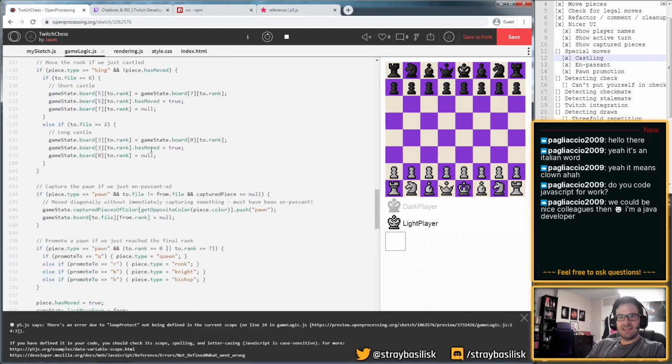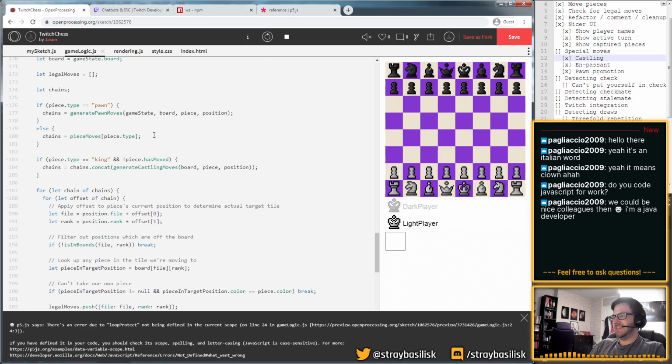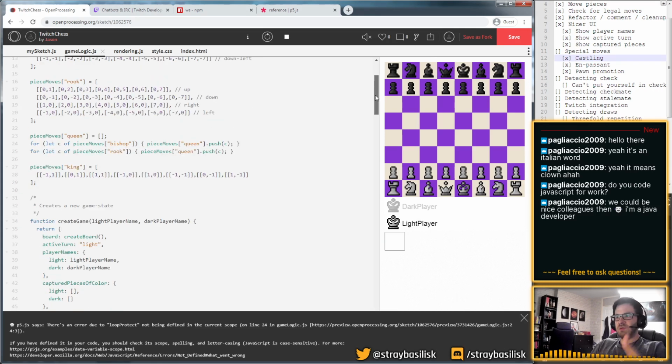This is some ugly stuff that I want to fix. Basically, in this legal move generation code, for most pieces, we just use this data in a generic way. We basically check if any of these tiles referred to by these relative positions are filled or not. The only exceptions are pawns, which have the move where they can do a double move at the start, and also they have en passant, which is where they can take diagonally as they're passing something, and then you also have the king castling move.